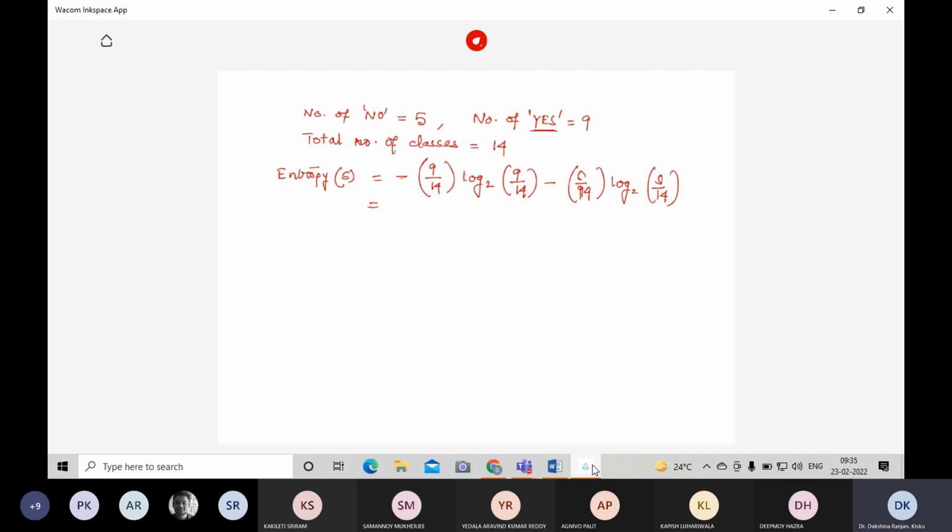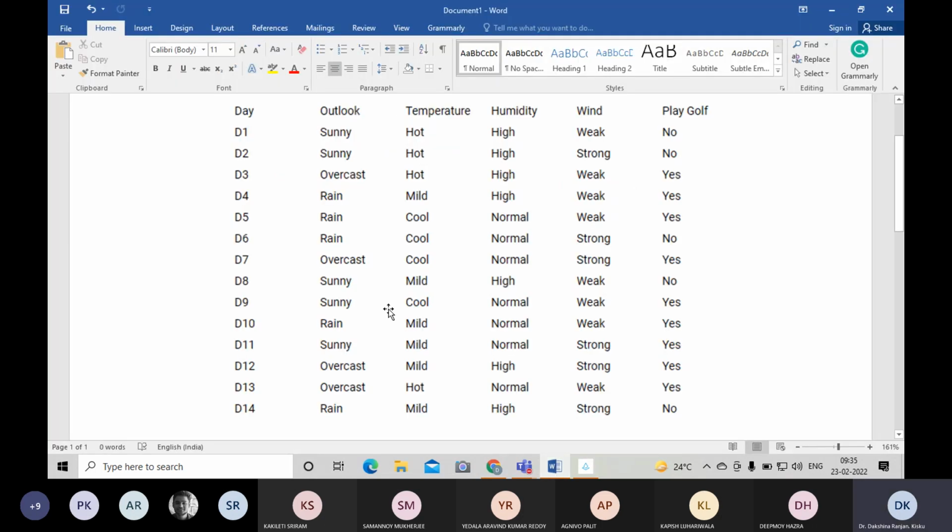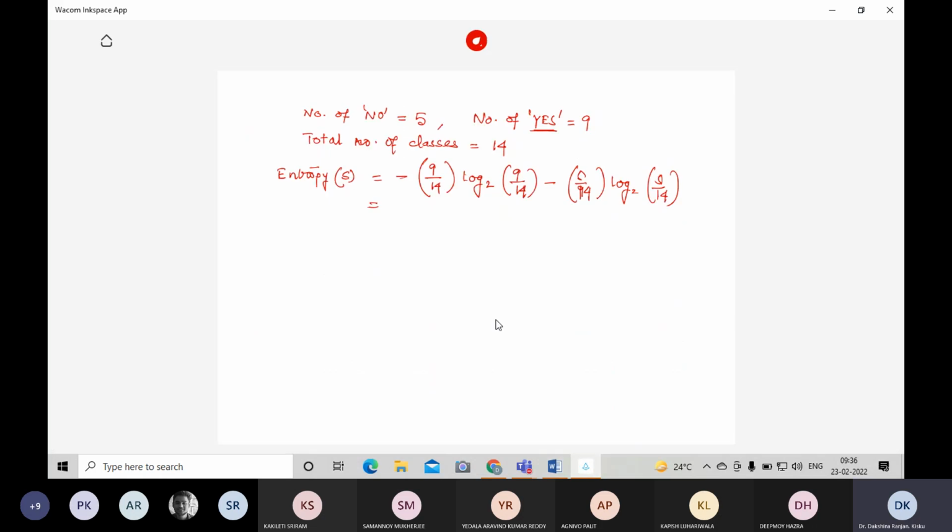Now let us consider we are going to calculate the information gain for a particular feature. Let's say wind. So for this attribute or feature we can get the information gain. So we can calculate the information gain over S comma wind. So how to calculate this? What we know about the information gain is that we can get the summation